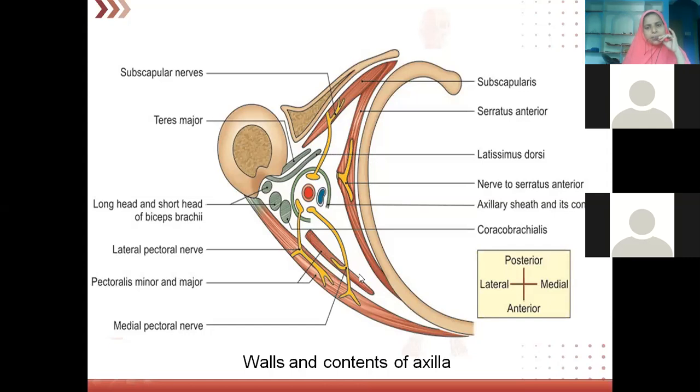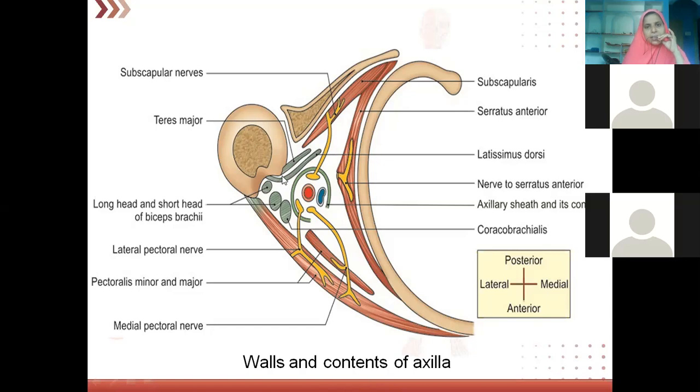Below pectoralis major we have pectoralis minor. Okay, this is the posterior boundary. So we know this is the scapula bone, and on the costal surface of the scapula we have subscapularis muscle. This is the medial boundary: the upper four ribs, and then we have the serratus anterior origin, upper eight ribs. We have studied that in yesterday's class. Laterally, the shaft of humerus.